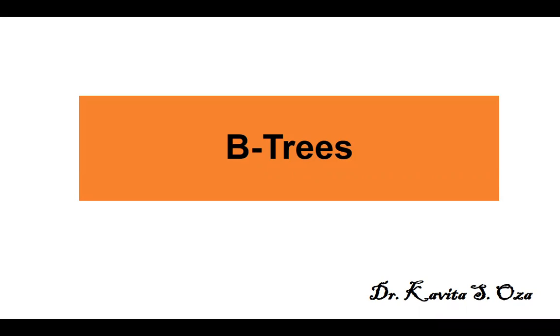Now why B trees? Of course, it is again a search tree. Now, why do we go for a search tree? Suppose you want to search for a particular key, a particular record. If the database size is too small, you can create a binary search tree, and you can search the data within log n time. Suppose you want to store the records of people in Kolhapur, let's say the population is nearly 8 lakh, and you want to create a database and search for the records. Here you need indexing so that searching is faster. But if you use a binary tree, then you can imagine the height of the tree. It will be a very deep tree.